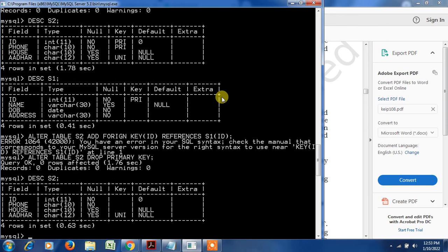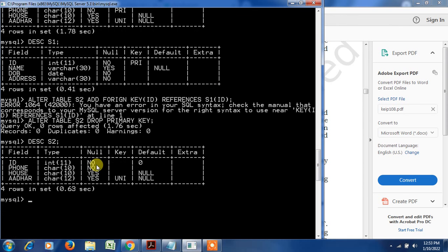So now I want to add only the ID as the foreign key. Alter table S2, add foreign key ID references S1 ID. So this ID will become the foreign key, and it will refer to the primary key field in relation S1.